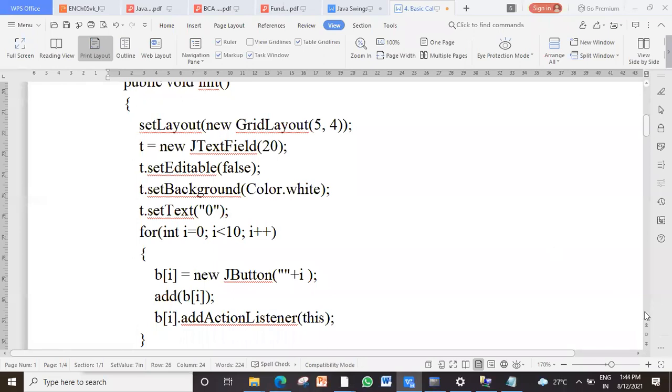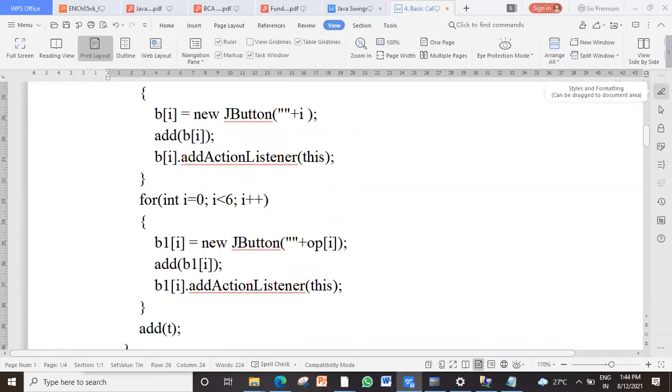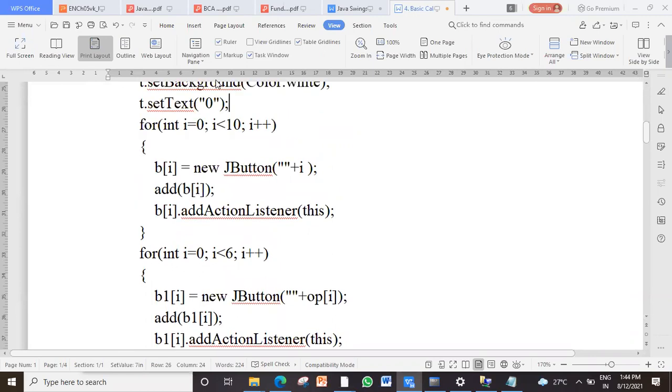Now we are creating number buttons. Because we want 10 buttons, we have taken a for loop from i equal to 0 to 10. We must start from 0 because array index always starts from 0. In this array, we are going to create or initialize buttons. We already defined the array. Individual buttons we now have to initialize with some caption. Which caption do we want to display? What is there on those number buttons? Numbers only from 0 to 9. Those numbers are already there in the counter variable i. Fine. So I am displaying the value of i itself.